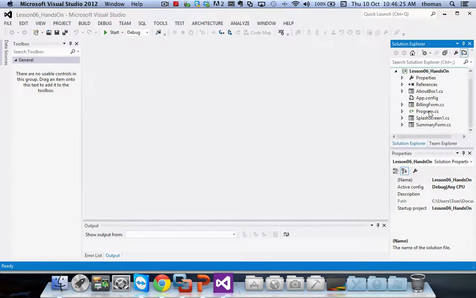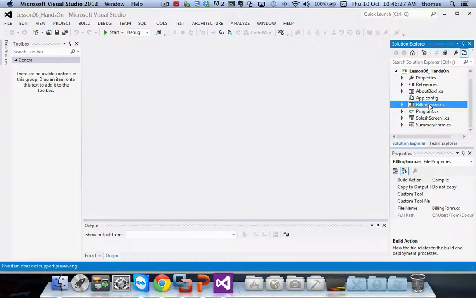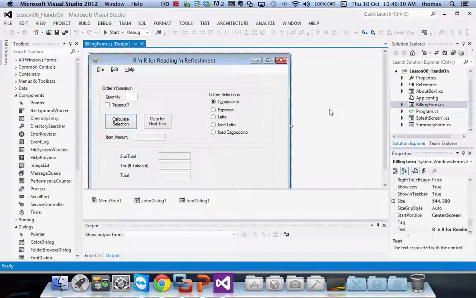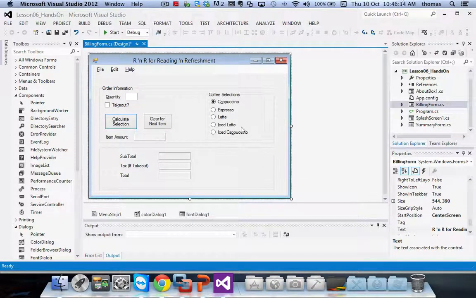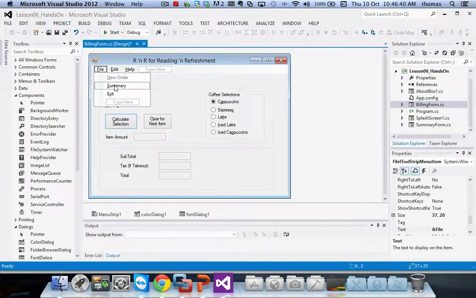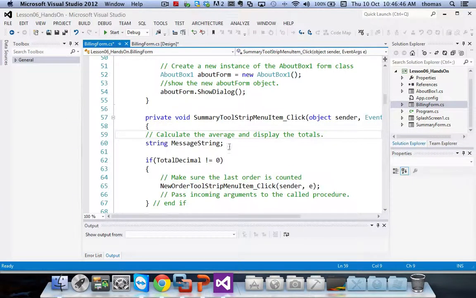What I have is my billing form, and I have a bunch of different objects here. When I want to move from this form to my summary form, I'm going to activate my summary menu item. So if I double click on this, it'll take me to my summary